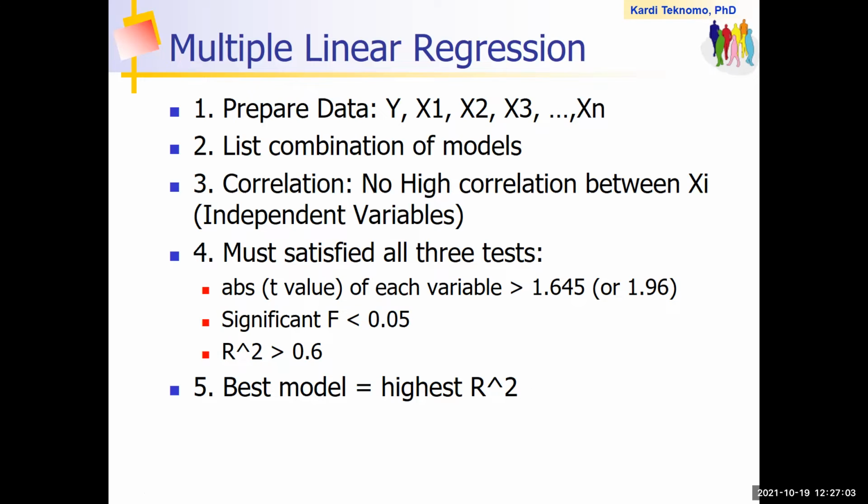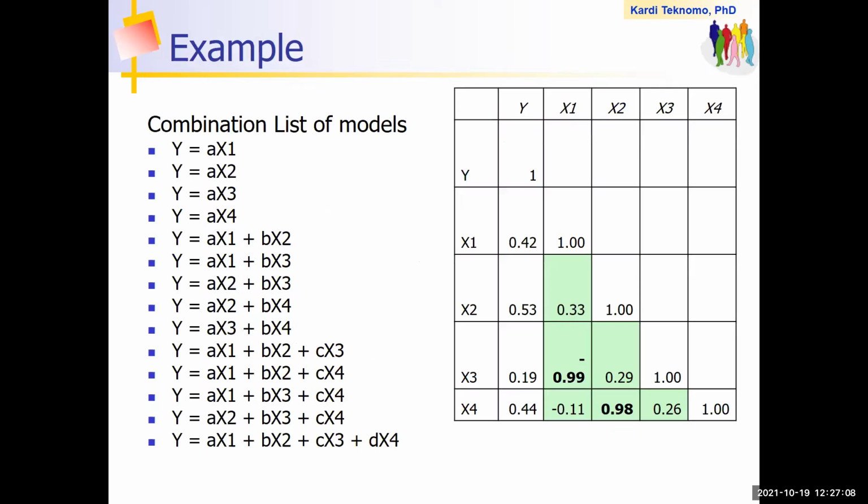So look at this. The most important part here is actually to get the list of combinations of models. So here is an example. I have a correlation matrix between y and then x1, x2, x3, x4, right? And then I created the combination list of models here. Can you see on the left side here? I have y equals a times x1 and so on until the full